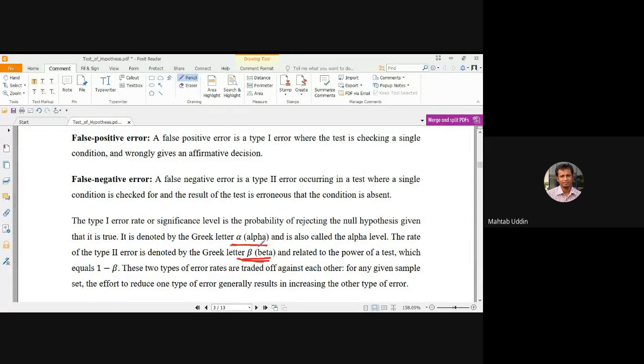ইয়েস স্যার। তাই টাইপ 2 খুব মারাত্মক, হ্যাঁ? আচ্ছা, জাস্ট এ মিনিট।